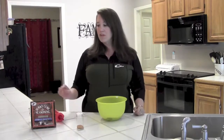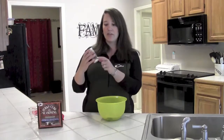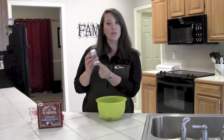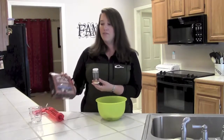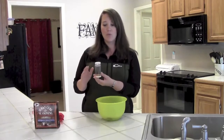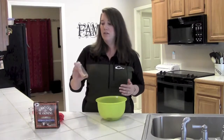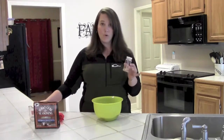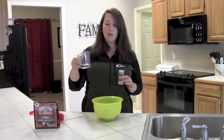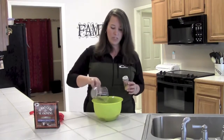The seasoning will come with the seasoning, of course, and then this white stuff is a cure that comes with it. Just follow the instructions that are in this packet. Very easy. Mix up the proper amount of cure with the proper amount of seasoning. Give it a little shake to combine it. We've got 1 pound of meat, enough seasoning for 1 pound of meat, and we've got a 1/4 cup of really cold water. This helps things from sticking together. So we're going to dump the water in,